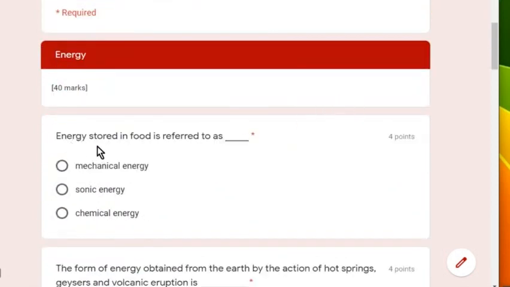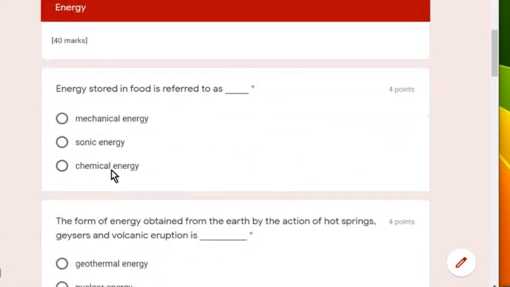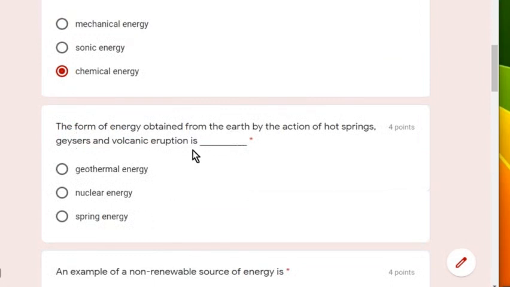energy. Energy stored in food is referred to as chemical energy. Mechanical energy is just the sum of potential and kinetic energy. Sonic energy is another name for sound energy. The form of energy obtained from the earth by the action of hot springs, geysers, and volcanic eruptions is geothermal. Geo means earth, and thermal means heat, so geothermal energy. Nuclear energy is obtained from nuclear reactions from the nucleus of atoms, and then spring energy, also known as elastic